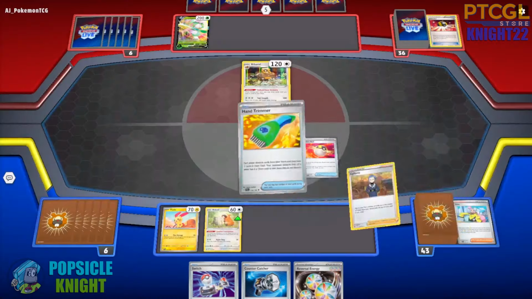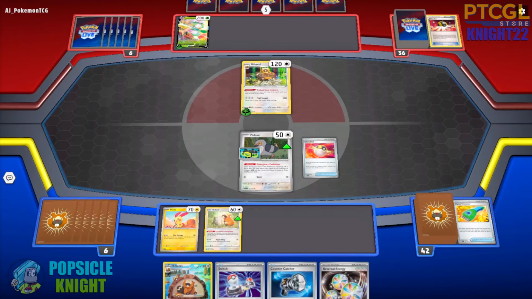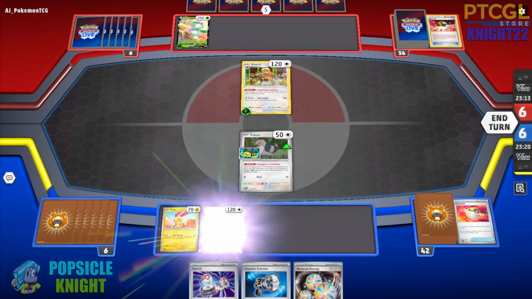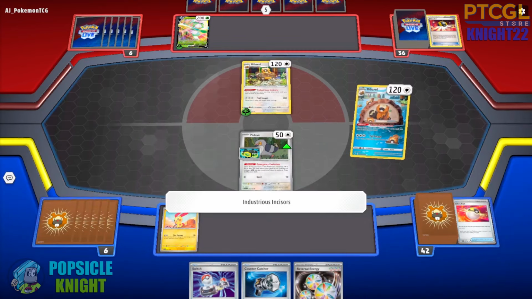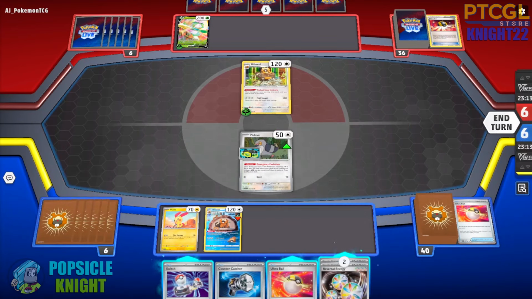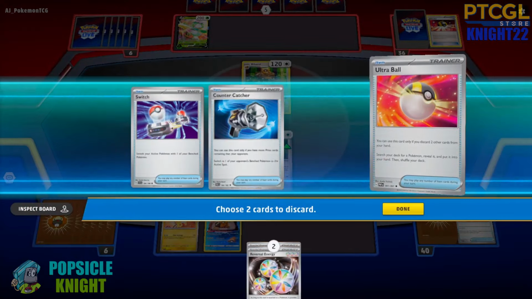Hand Trimmer. Let's just get rid of those two. Get a Bibarel. Evolve this. And then we're gonna use Industrious Incisors for 2. Okay, interesting. Okay, get rid of these two